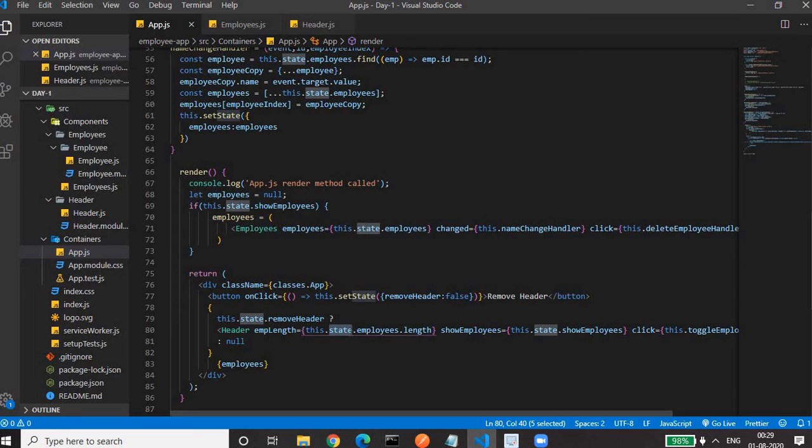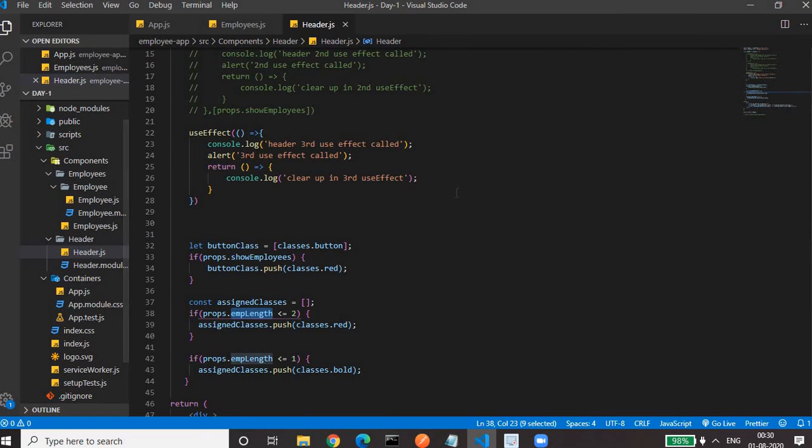On click of the toggle button, the show employee state changes, so the props change, and the employee length value changes too. As the state changes, this use effect method gets executed one more time.